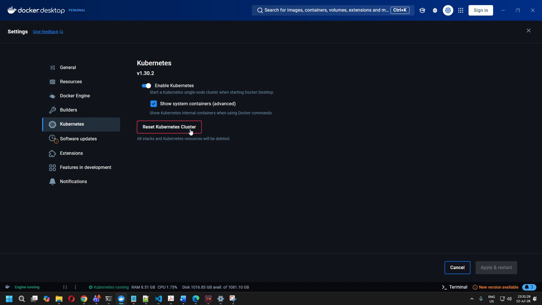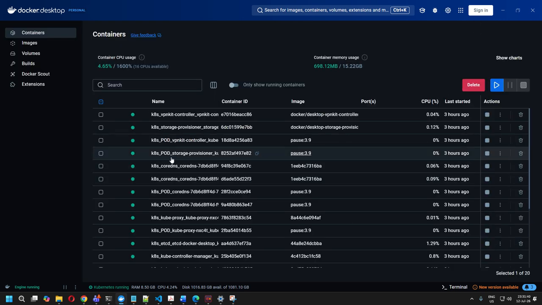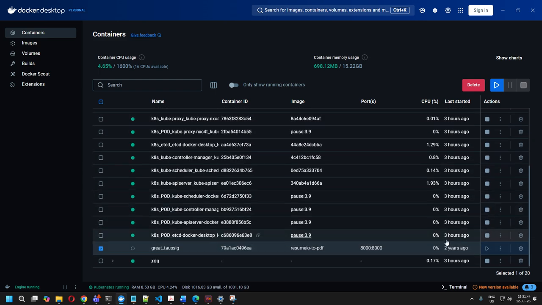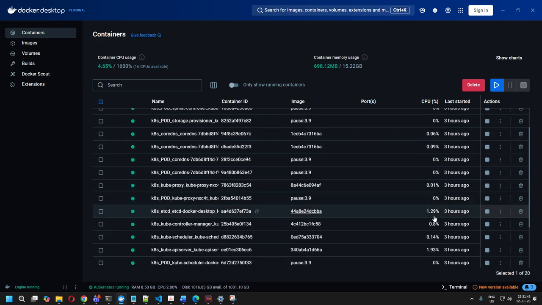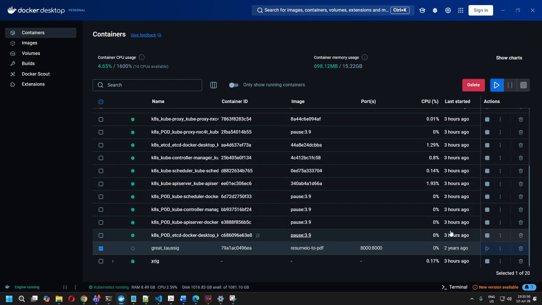So this was one of the important learnings of the Docker terminal, that you have to enable Kubernetes manually from this part. I can see over here these were all running in my local clusters. Now I have shut down the local, and as you can see, all of these are 0%. It was last started 3 hours ago.